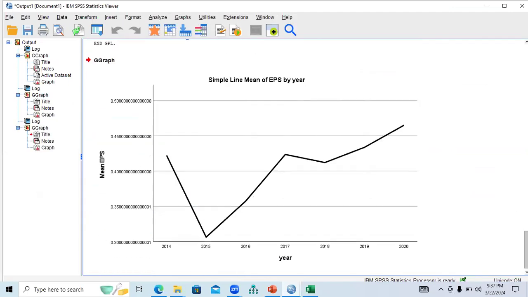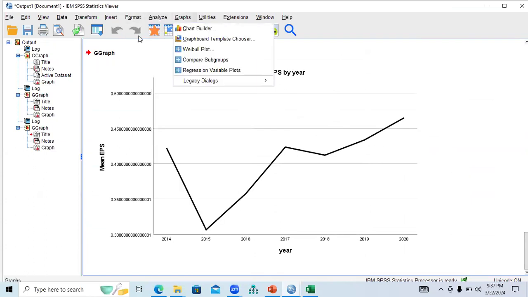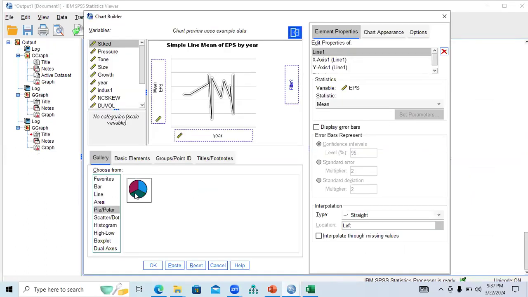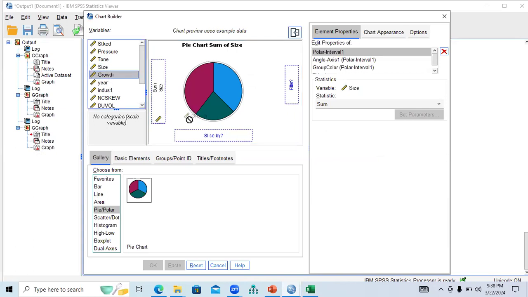Go to graph, go to this option, click OK, double click on it. Now, it is asking you what kind of variable you want to take as a pie. For example, I would like to take the size as a dependent variable, and I would like to slice this variable on the basis of the growth. Let's suppose